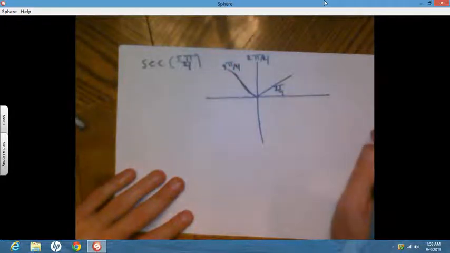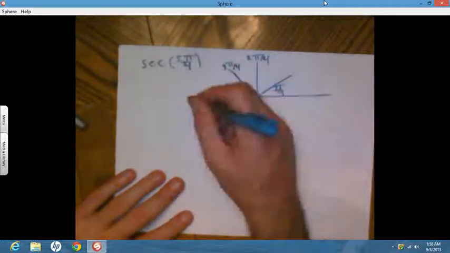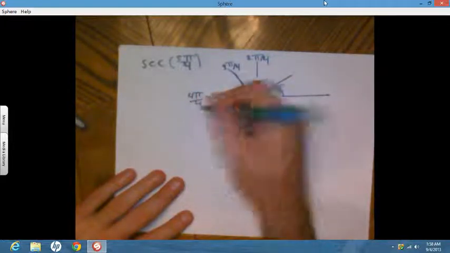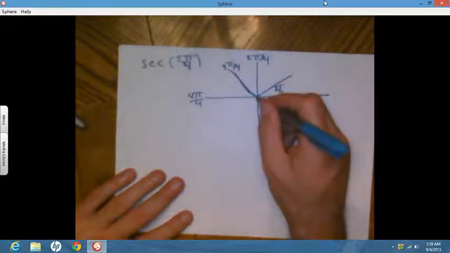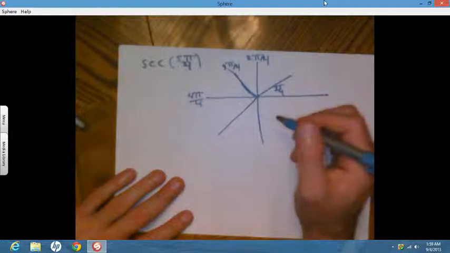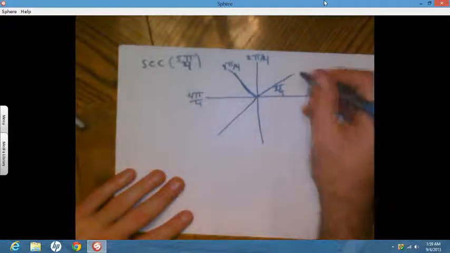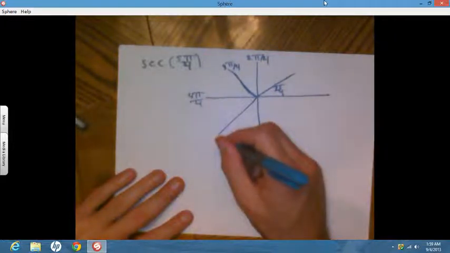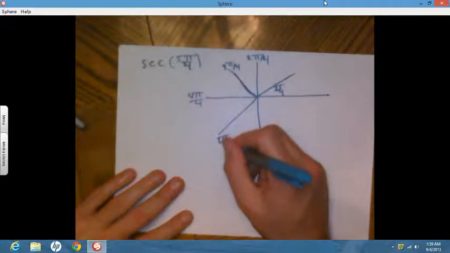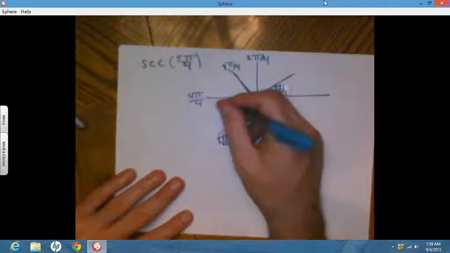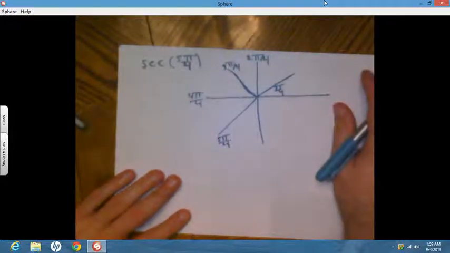We go, again, another pi over 4. This is going to be 4 pi divided by 4, which is just pi, or 180. And we go forward another pi over 4, and this over here is going to be 5 pi over 4. Okay? So 5 pi over 4 is in the